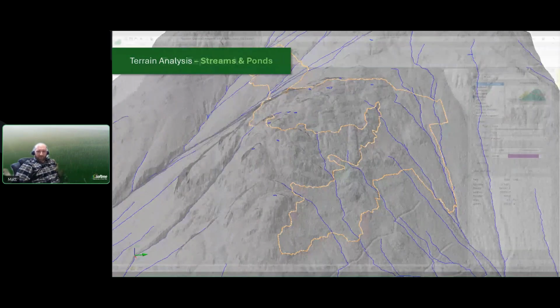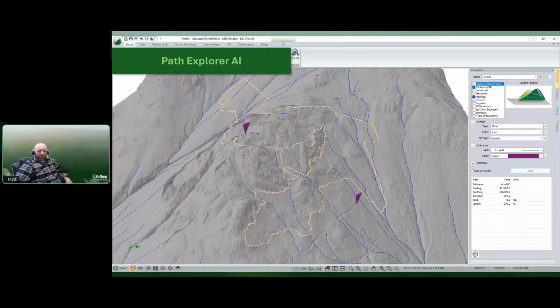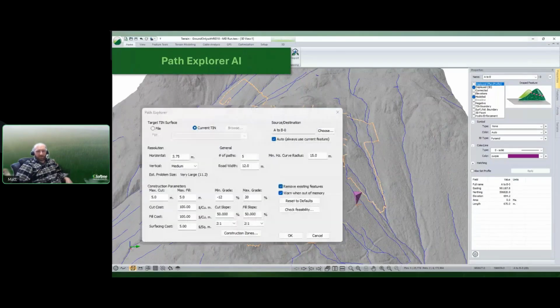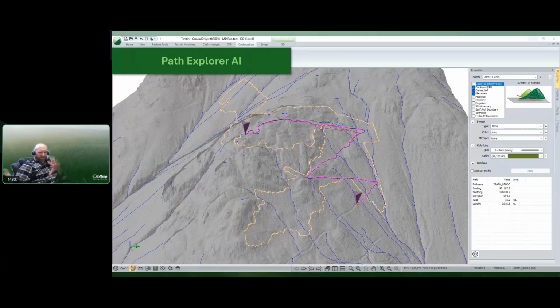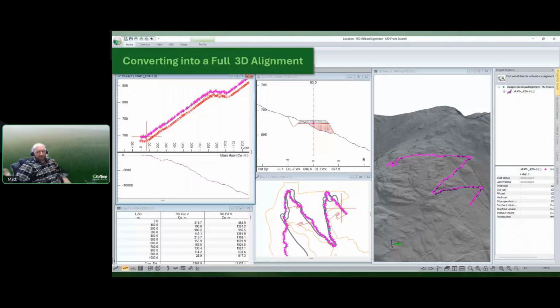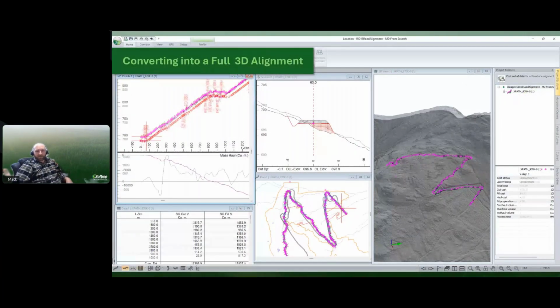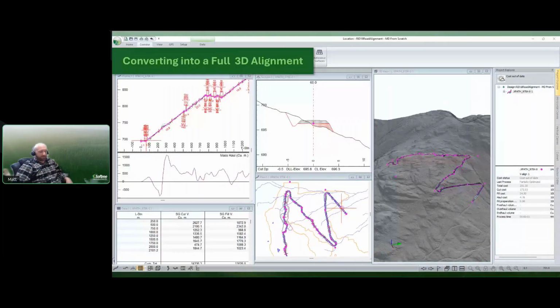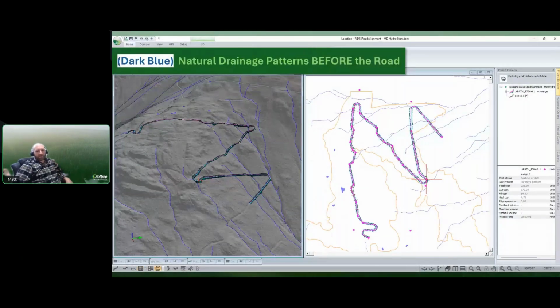And we can plug that into Path Explorer, go from point A to point B, and let it go. This one took, I think in practice, like 10 minutes to run. You can take that over into location and turn it into a proper design really quickly that minimizes our earthworks. And then we can look at it in more detail and really evaluate how we're interacting with the water.